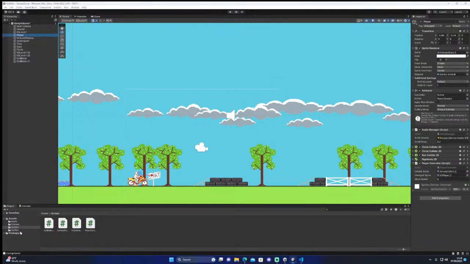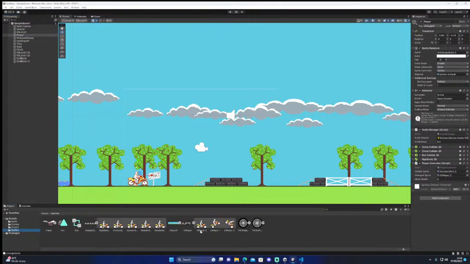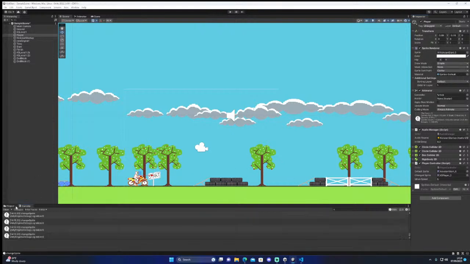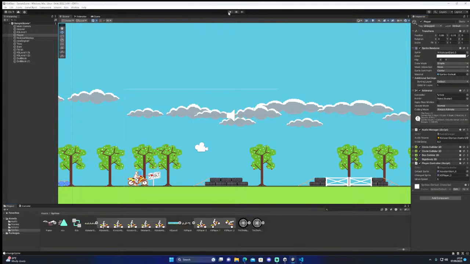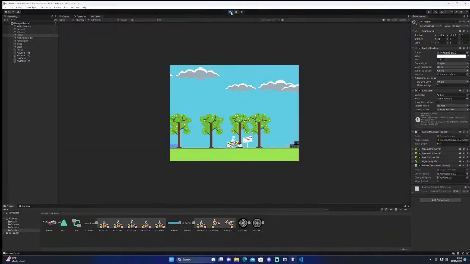Default sprite. Change sprite to that. What's it doing? But it's not doing it. It's doing it on the log. I'm sure I had this working the other day.